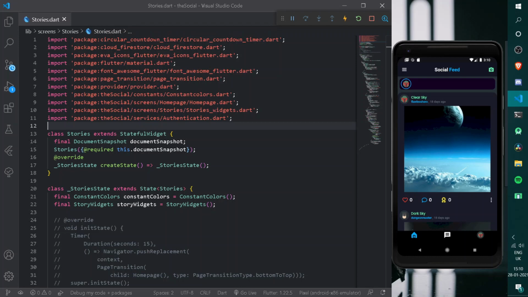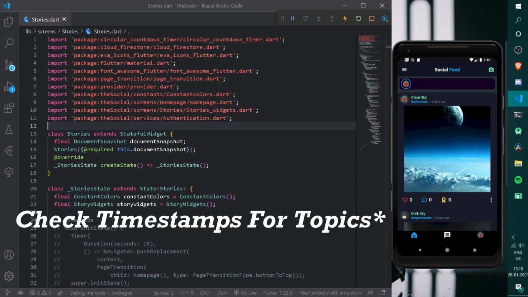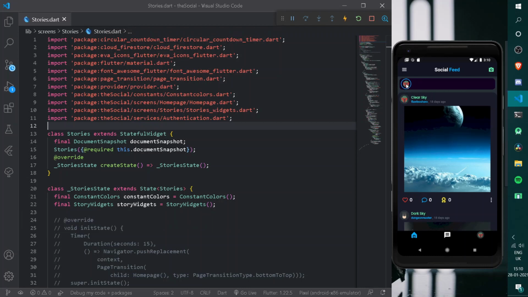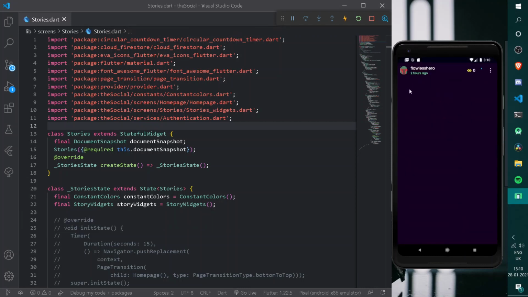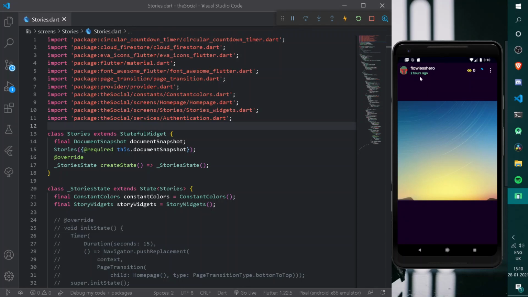In this video of The Social, we are going to complete a mini series of adding stories under The Social. If you have followed my previous 2 tutorials, we have completed the following screen of our story, so that after pressing over this icon of the user, we are now able to see the story of the user having the following options.